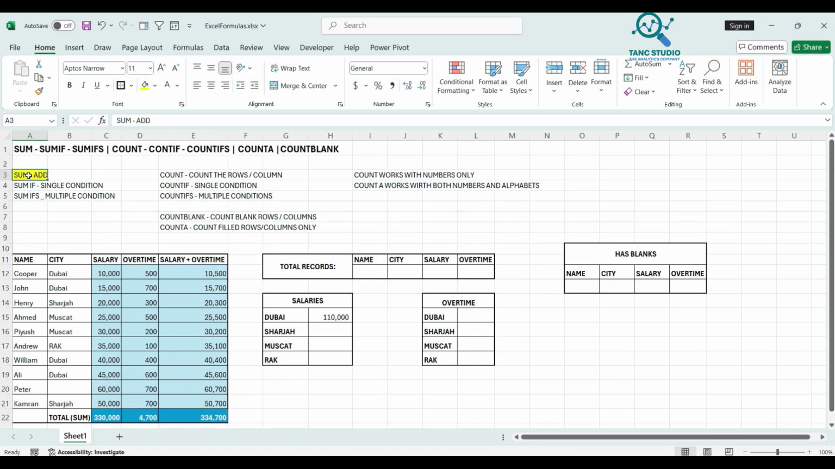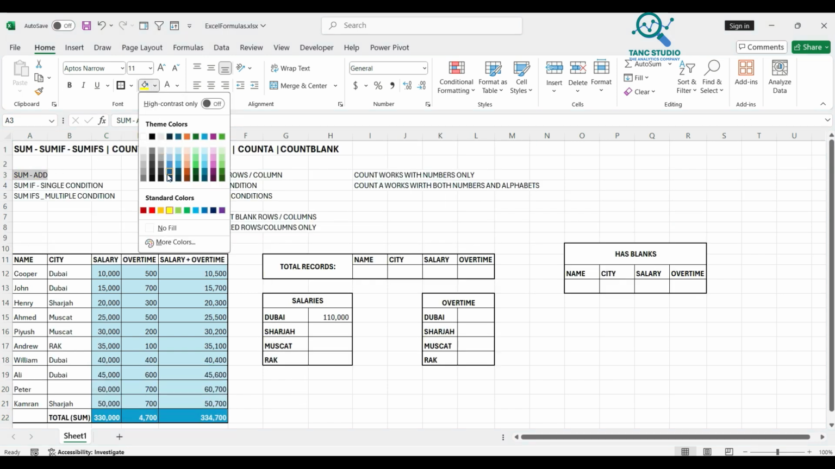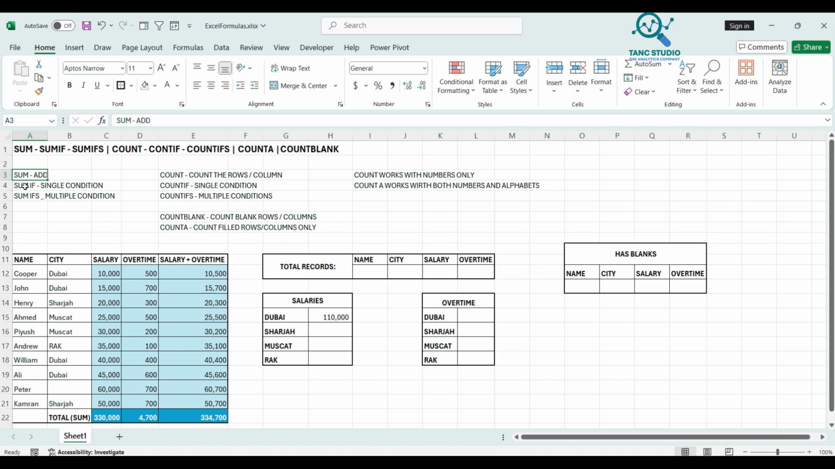Perfect. Now the second function is SUMIF. As the name suggests, it will sum with some condition. So it is very important to understand this function. IF and IFS, these are very important functions. In SUMIF, what we will do,